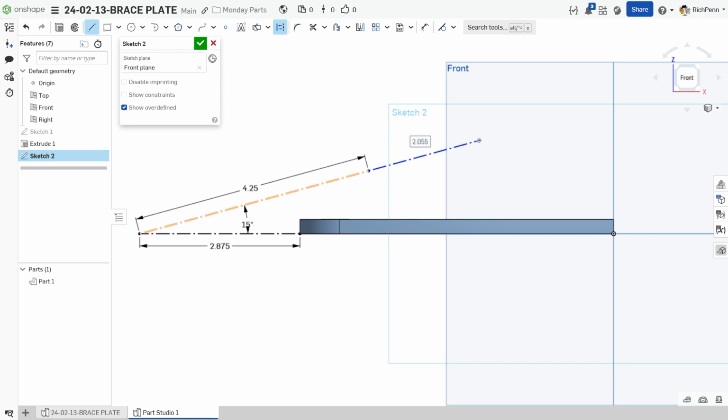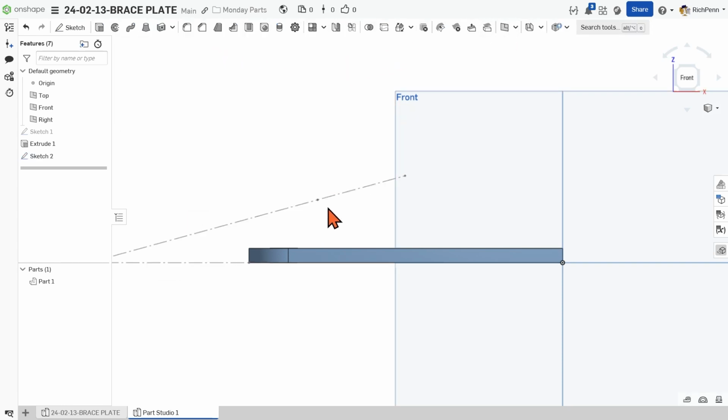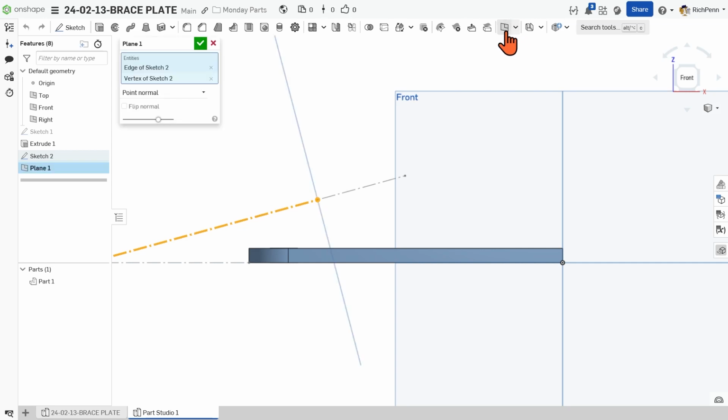I'm going out this time a distance of 1.625. That would be the second construction plane. So we'll go ahead and build the construction planes while we're here. We will select the line, select that point, and then when we go to plane, it will automatically know we want a point normal plane. And we're going to rename this to short,